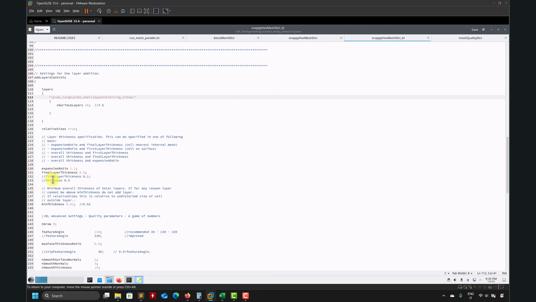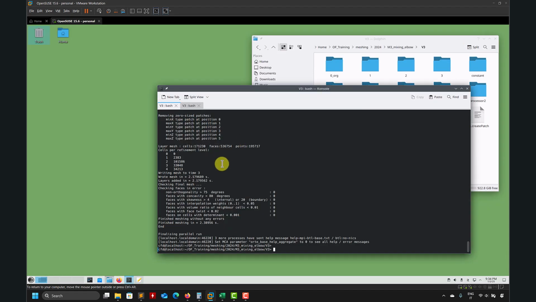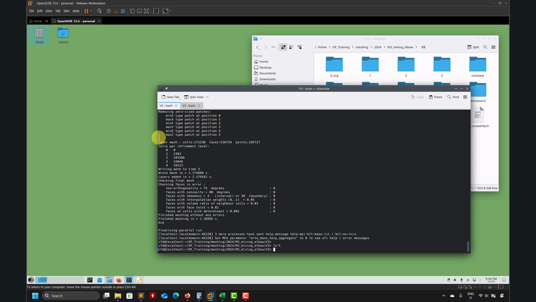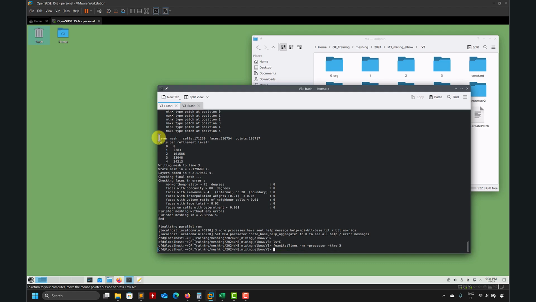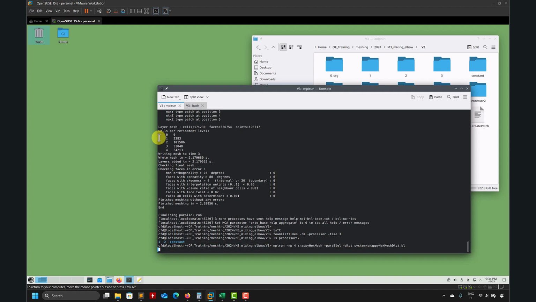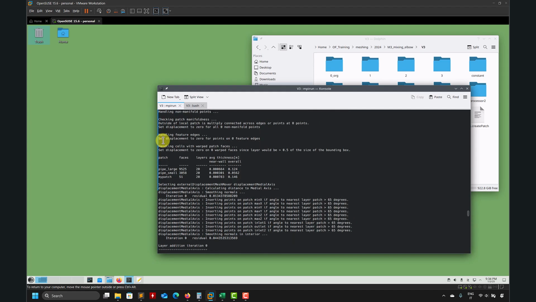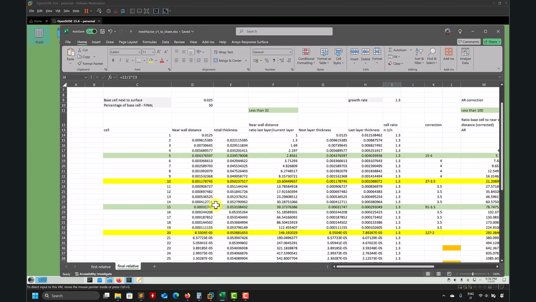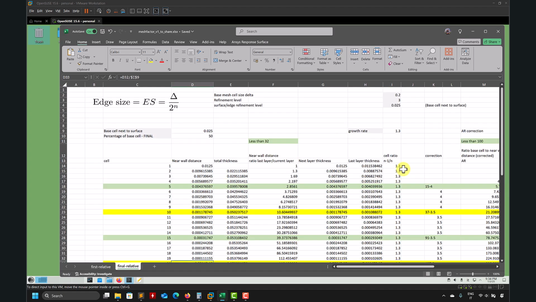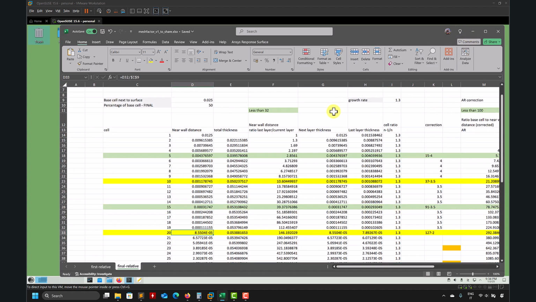So I was at BL here, so let's increase this one to 20. So we have expansion ratio 1.205, the standard values, I haven't changed anything. So let's see what happens here. So let me erase again. Okay, foamListTimes minus rm minus processor minus time 3. Okay, let me be sure. Okay, I erased it. Let me restart the boundary layer now with 20. And this is what we have. So with 20, we should get something about, okay,